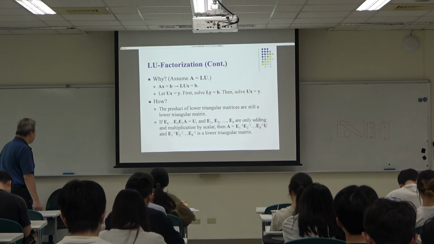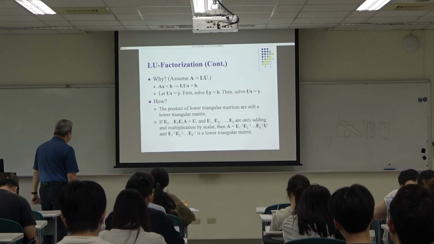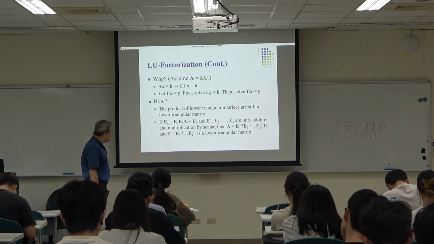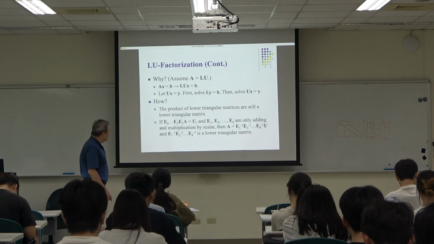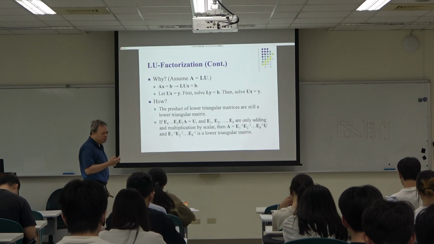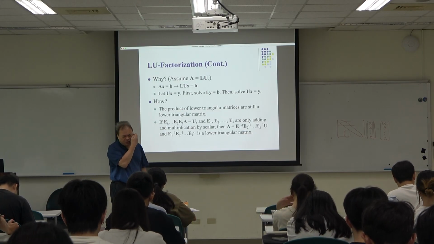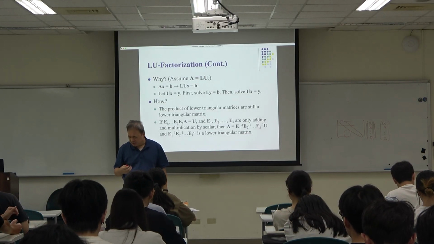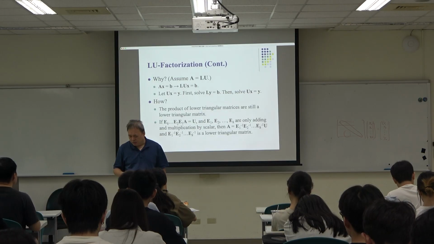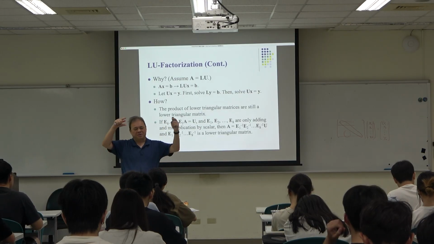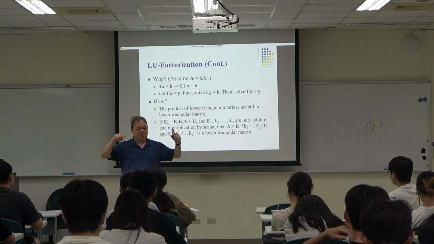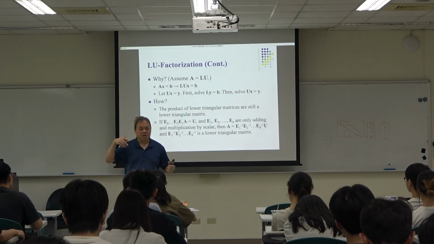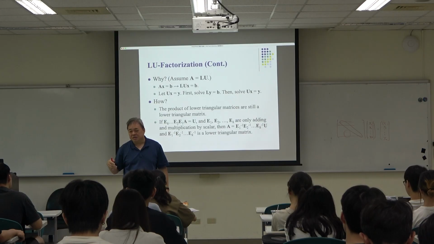If you know that a lower triangular matrix stays a lower triangular matrix, then when you are trying to convert your matrix into row echelon form by using the elementary row operations,